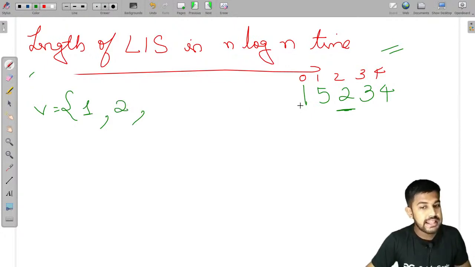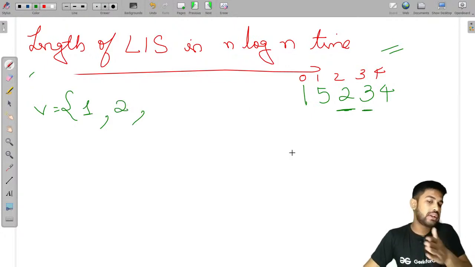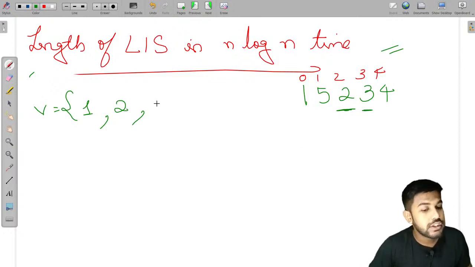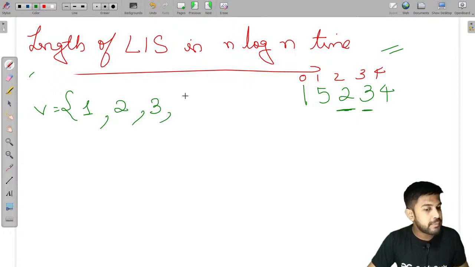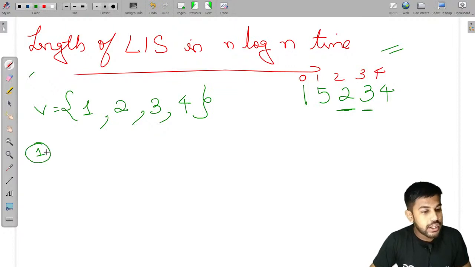Then we would come to 3. 3 is greater than the last element, so we would write 3 here, and then again 4. 4 is greater than the last element, so we would insert 4. This is the algorithm. So if I write the algorithm, insert